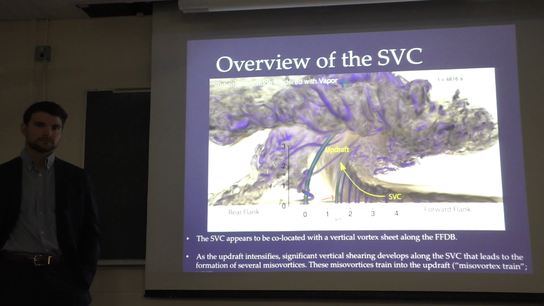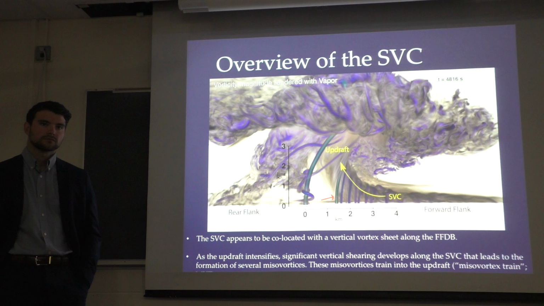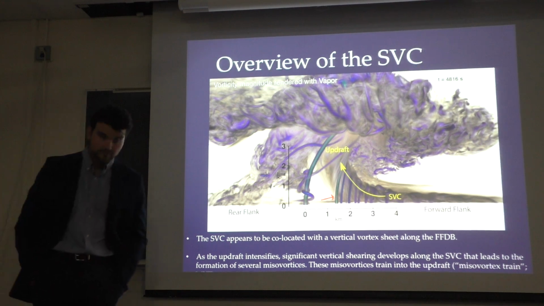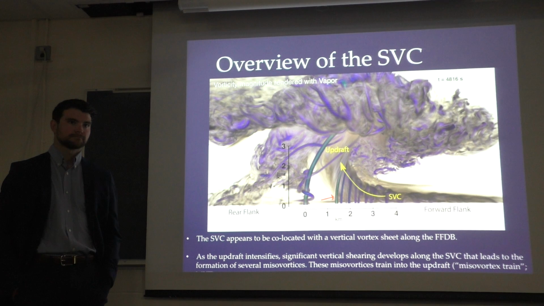My perspective is it's when the updraft goes crazy, everything just kind of lines up. But it's really what's causing the updraft to go crazy that's where the best science can be done. What is leading to the updraft going crazy? Because once you have that updraft going crazy, it just slurps everything up. The MVT that you see, those vortices essentially are growing out of the ground. They're getting stretched. They're moving into a region of dw/dz going crazy. So of course they're stretching, you have vertical advection, and they just kind of fold in. So it's the updraft.